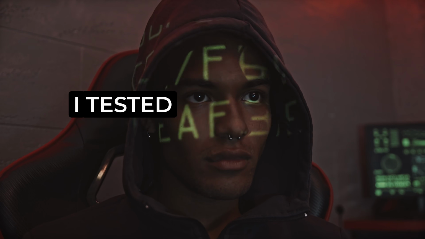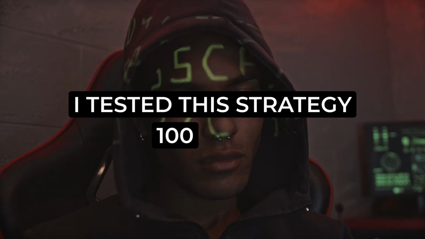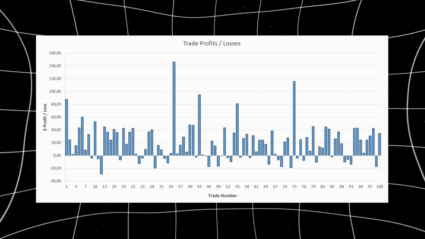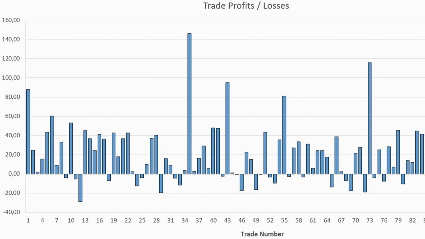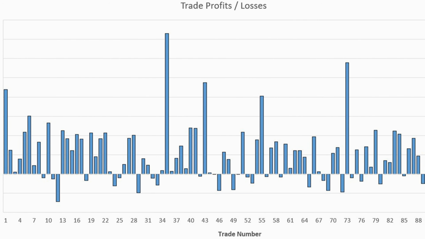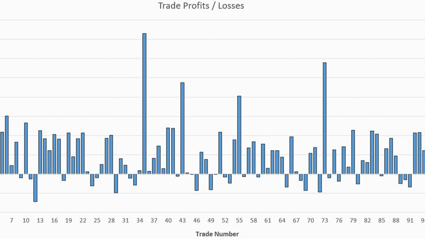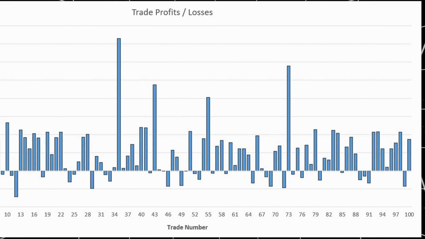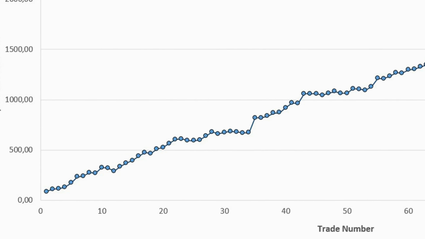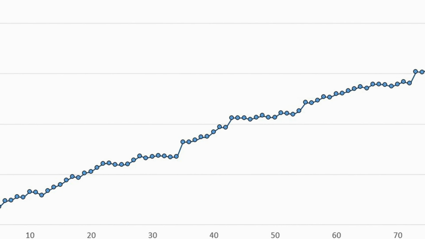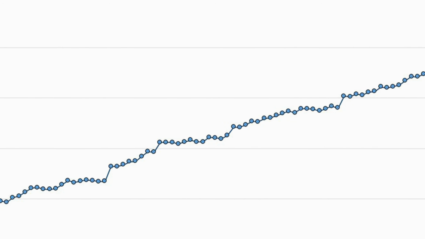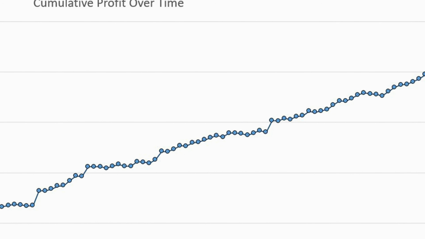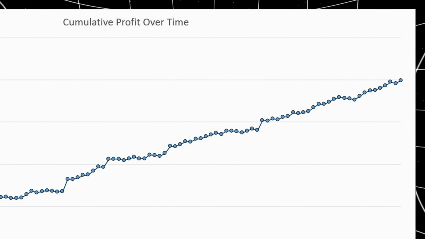I tested this strategy manually 100 times on the Apple 5 minutes chart, and here are the results. I started trading with a $5,000 account balance. Depending on volatility in the session, I use 5 to 10% of my account per trade. For example, if I profit $100 on a trade, my new balance is $5,100, and I use 5 to 10% of this updated balance for the next trade. Conversely, if I lose $100, my balance drops to $4,900, and I use 5 to 10% of this new balance